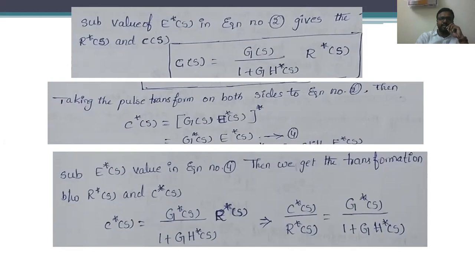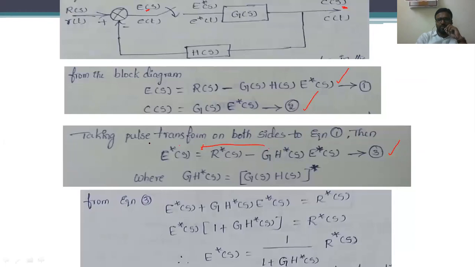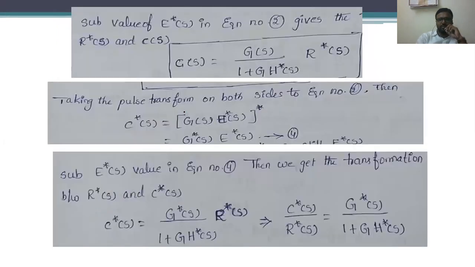Okay, therefore taking the pulse transfer function on both sides of the equation, that is this equation 2, we are going to get C star of S is equal to G star of S into G star of S. Okay, so finally substitute this particular equation 4,